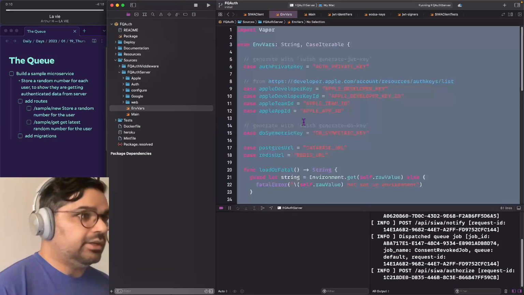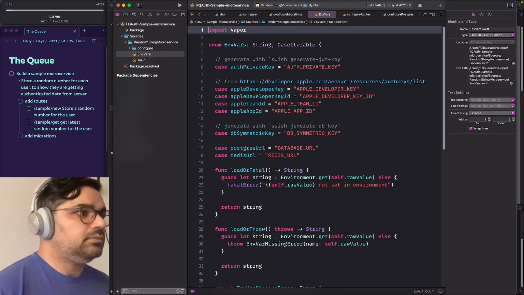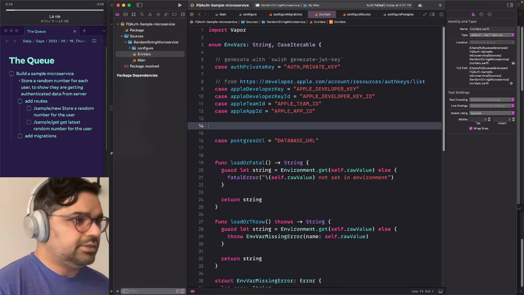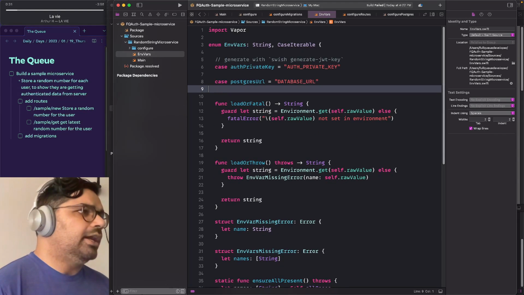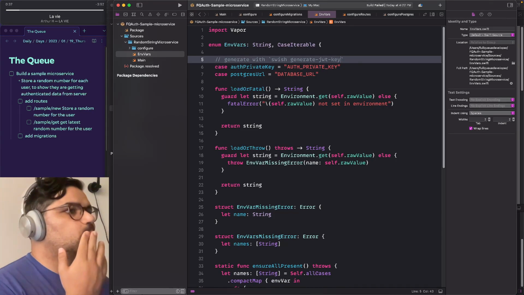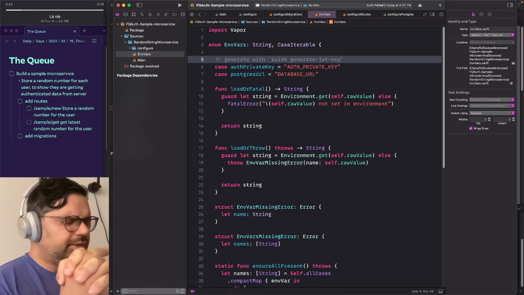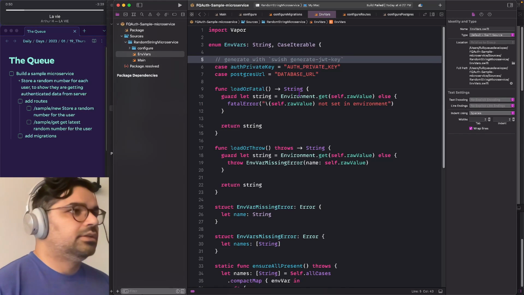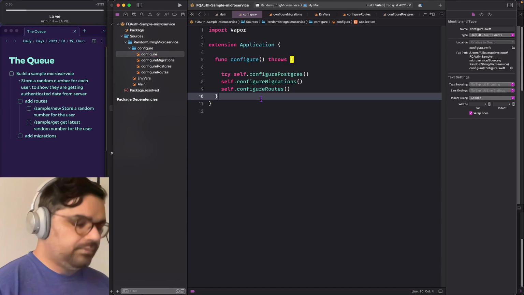And I really like how I did it here in FQAuth, so I'm going to copy, paste, modify. So we don't need a Redis URL. We don't care about symmetric keys. We don't need any of this Apple stuff. I think we do need the private key to verify, what's it called, to verify the JWTs that we're getting. And so if we build now,